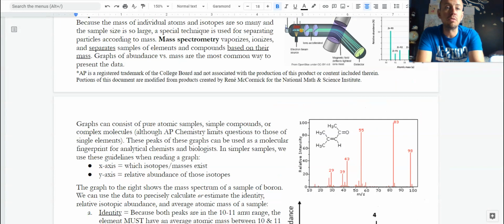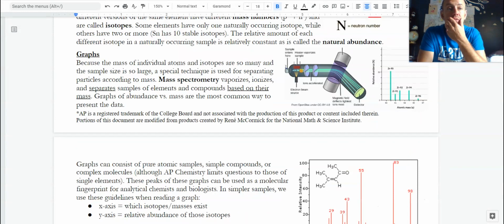We'll focus on simple elements and compounds in AP Chem. So right here, for example, this is zirconium. Zirconium has an average atomic mass that is around 91.2 because we have isotopes with masses of 90, 91, 92, 94, and 96. We've got a spread of those, and only by vaporizing our sample, ionizing our sample, and then